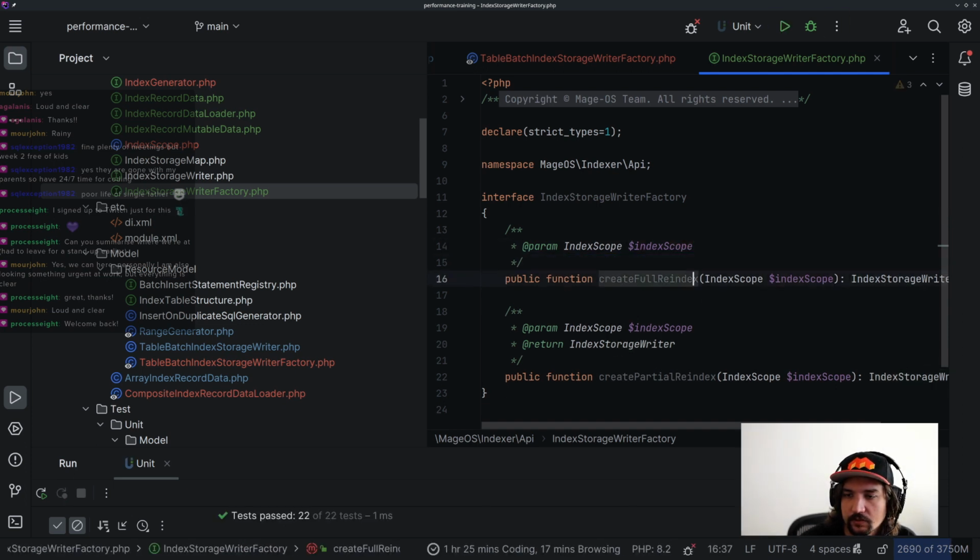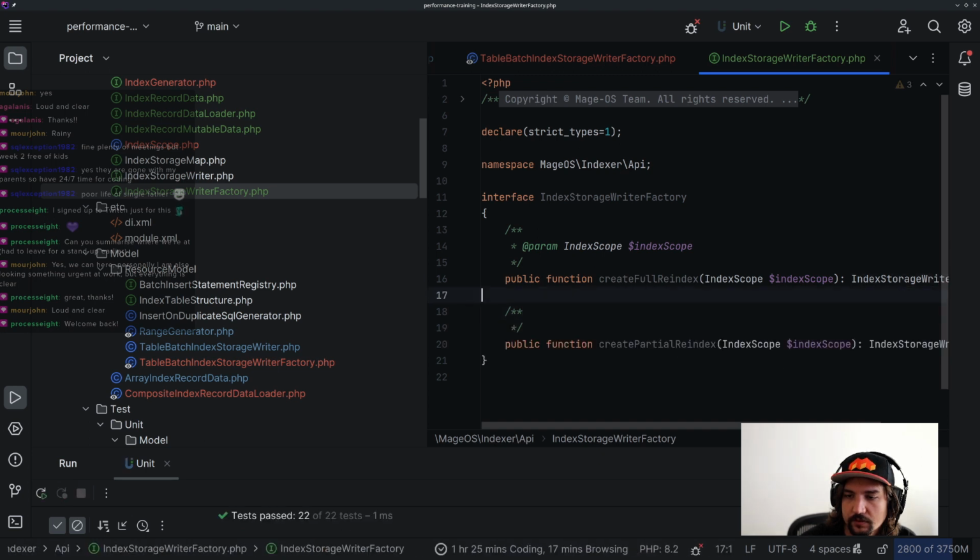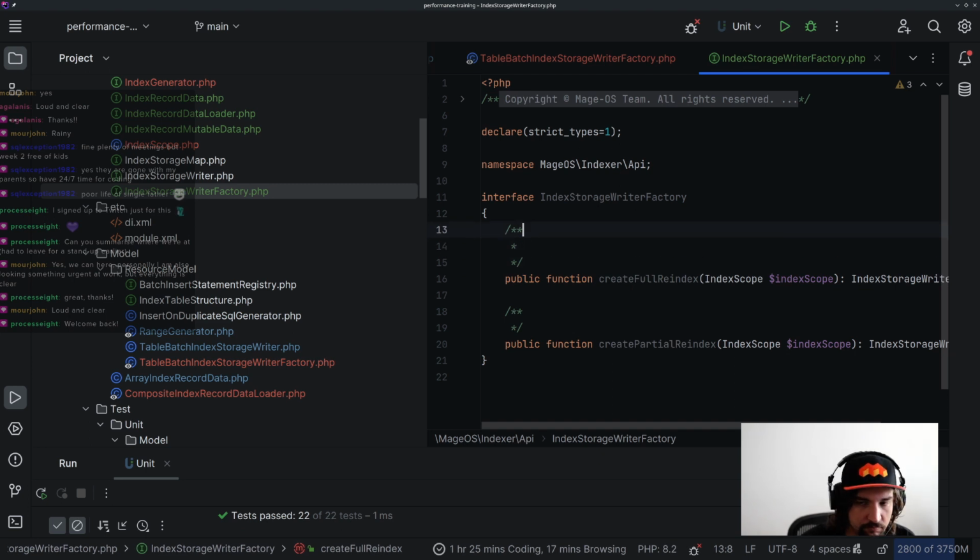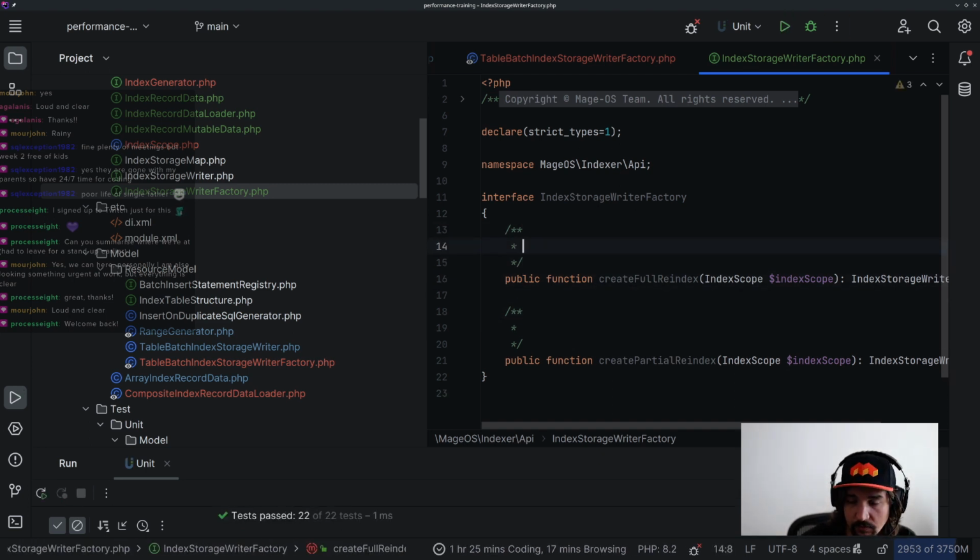Yeah, we can remove actually all of that, and we're just gonna properly create a documentation here. We're gonna specify that this one invokes all reindex writer,